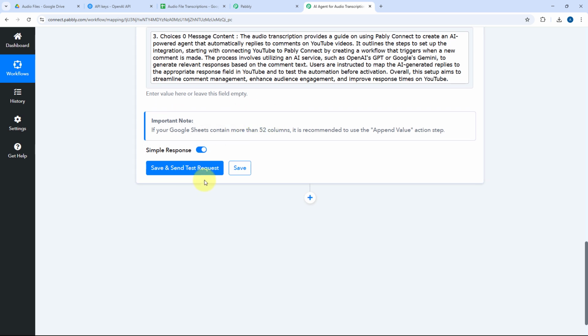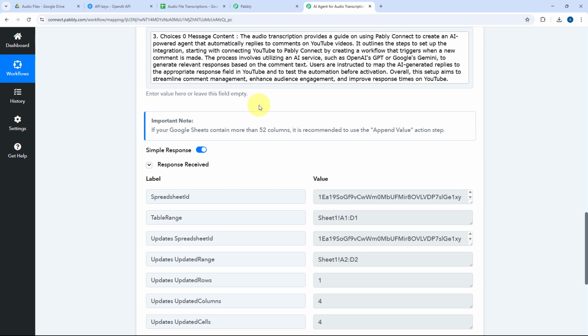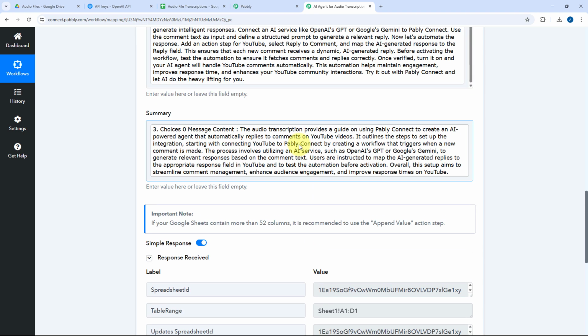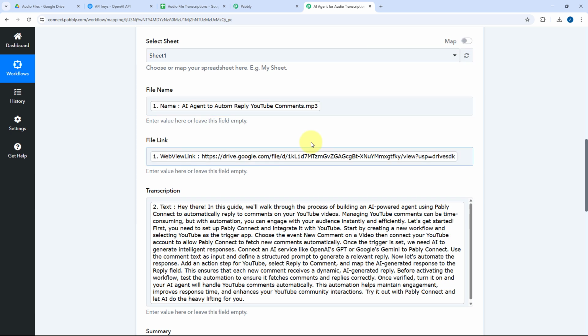And after mapping all of these details, just click on Save and Send Test Request. As we click on Save and Send Test Request, here you can see that we have received some response. This response seems to be a positive response to us. This response shows that the data which we have mapped over here, the same details are now added in our